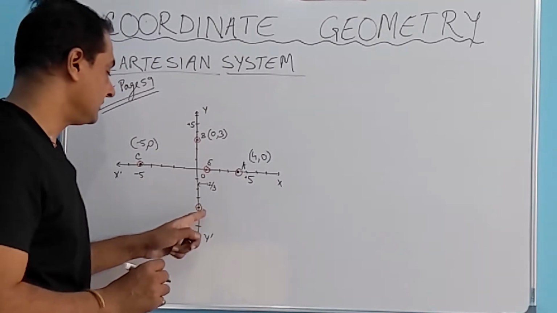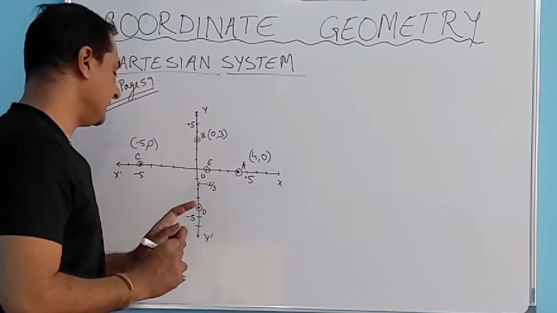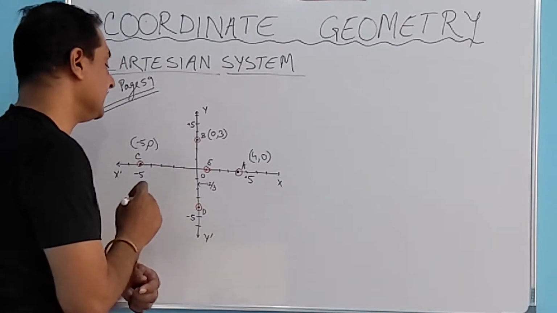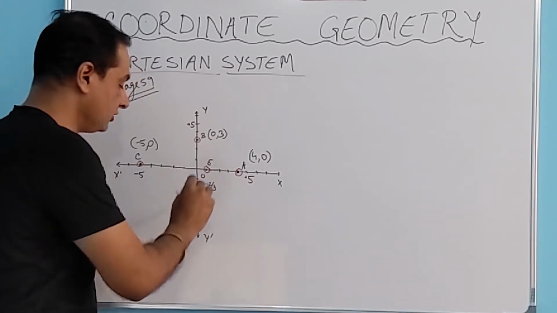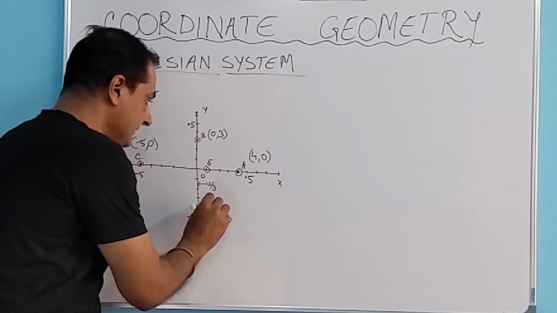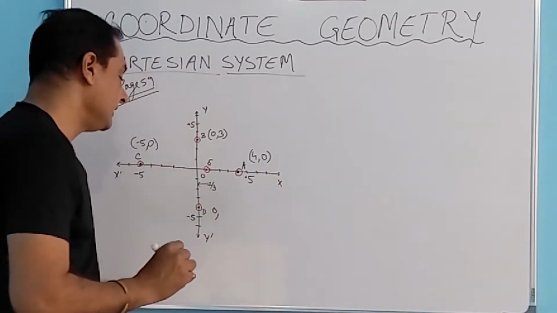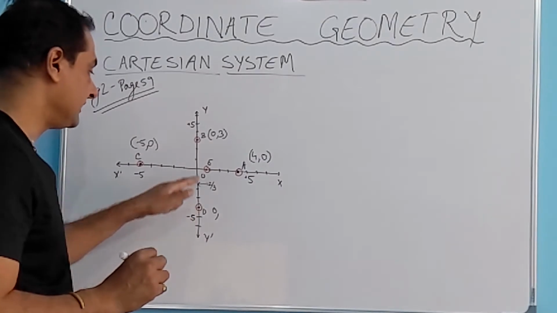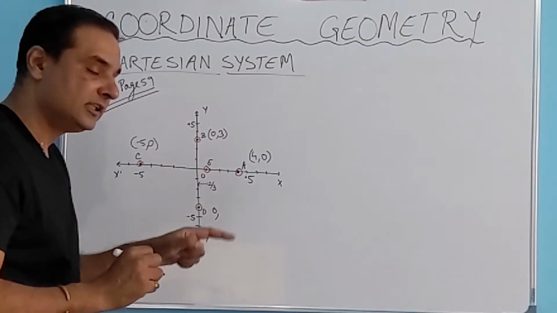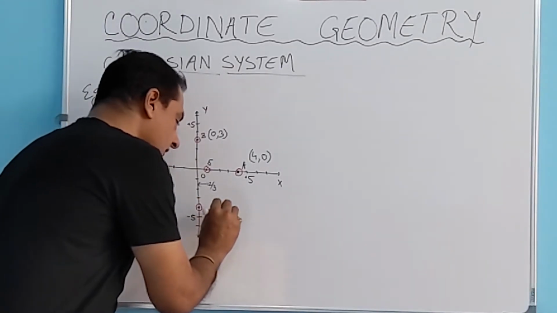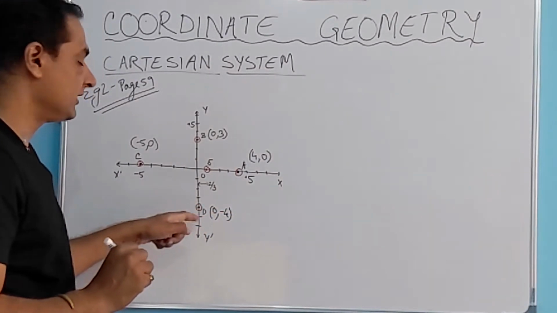Again, looking at the coordinates for point D, if we look at the x coordinate, which is nothing but the distance from y axis, we understand it lies on the y axis. So x coordinate is 0. If you look at the y coordinate for D, it is the perpendicular distance from x axis. So if we count 1, 2, 3, 4, but it is in the negative direction, so we write that as minus 4. So 0, minus 4 are the coordinates for point D.